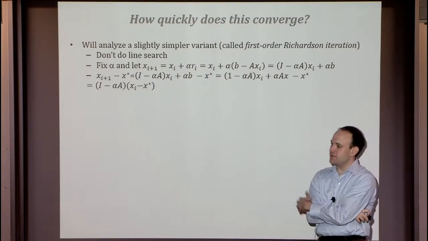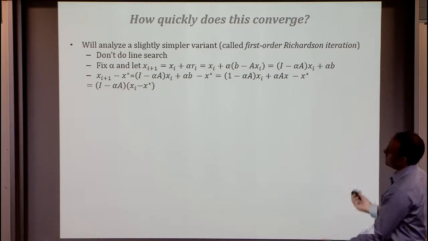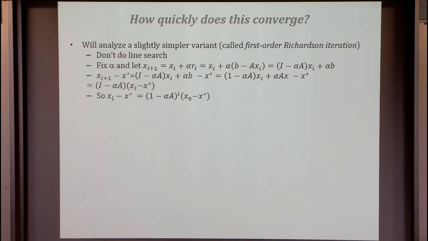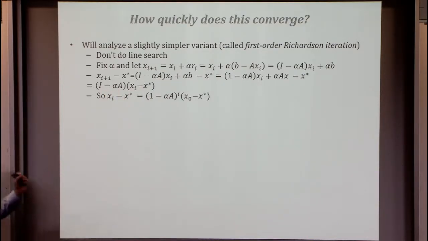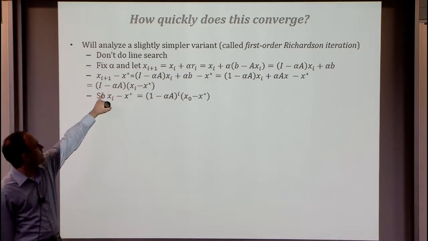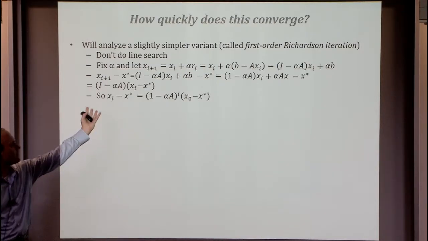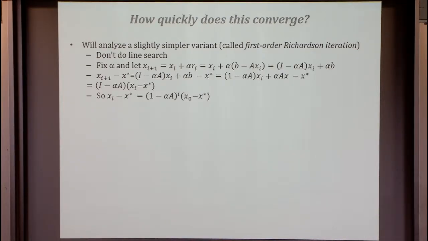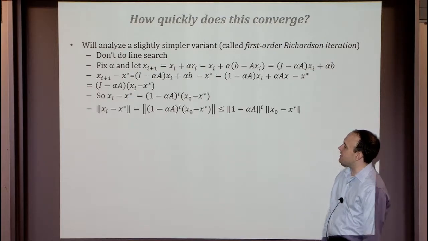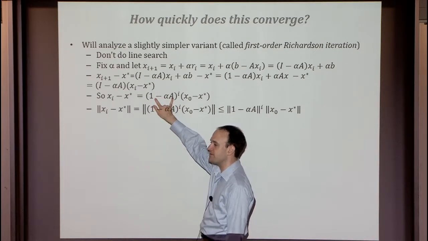So what this tells us is that the step gradient descent is giving us can be rewritten as multiplying the error, e_i, by I minus alpha A. That's convenient, because now we can analyze what happens to the error. This is the main calculational benefit of fixing alpha: it's nice and clean. The error gets multiplied by the matrix I minus alpha A, so if I do it a whole bunch of times, I just multiply by the power of the matrix. We end up with the error, x_i minus x star, getting multiplied by (I minus alpha A) to the i. In order for this to be small, we have to control the norm of this matrix, I minus alpha A.